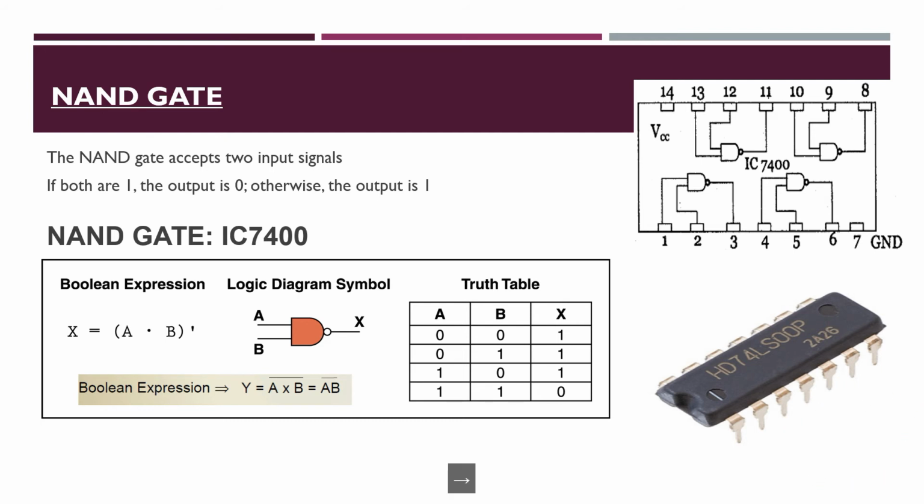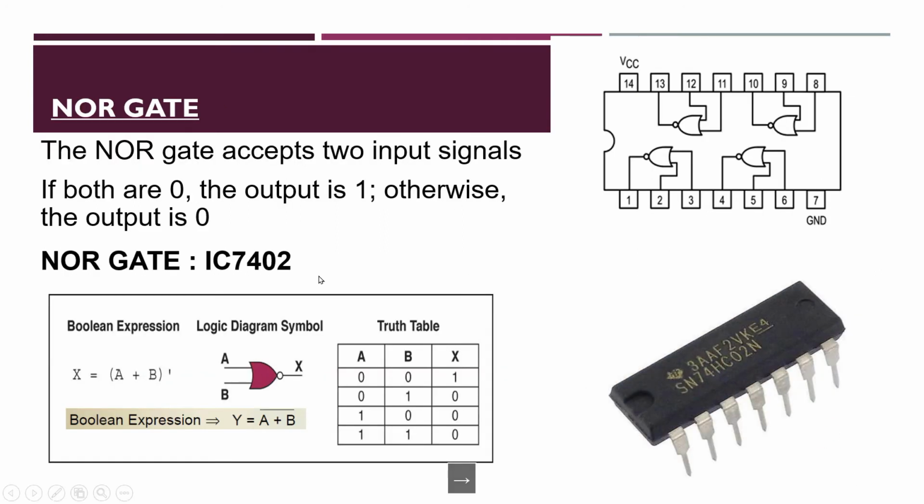So we'll see the next gate now. It is going to be the NOR gate. Here we have 2 inputs and 1 output. This NOR gate is going to be NOT plus OR gate. For the OR gate we have the elongated D diagram, and the OR gate along with the NOT, which is a bubble at the end of the logic symbol, so OR and NOT together will constitute the NOR gate.